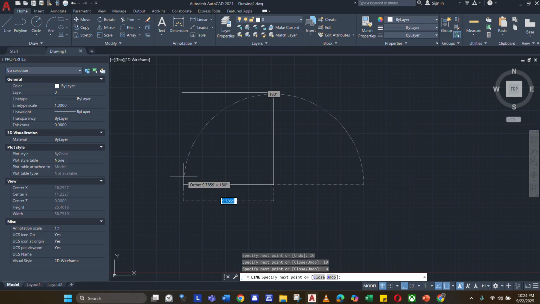So what I can do is, I don't need to type in the length of the line to make it the same length as its parallel line: you hover the mouse to the tip of the first line, the first point of the first line.